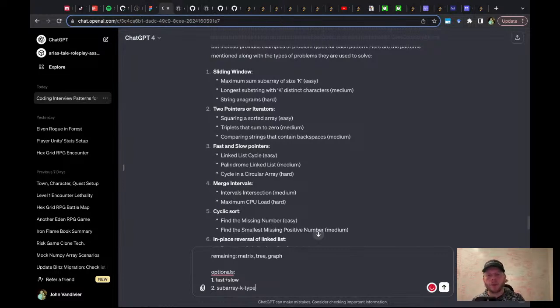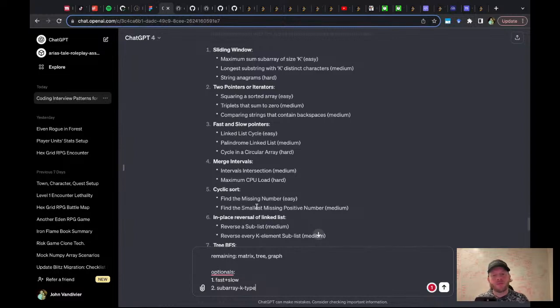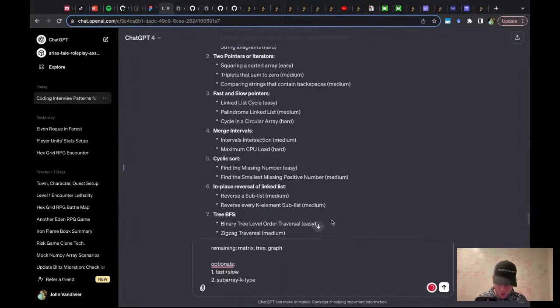A subarray K type would be good. And then we need to do sorts. But sort is rolled into a lot of these problems, and in a lot of the cases where it is rolled in, we're just doing dot sort. We're not actually implementing the sort.